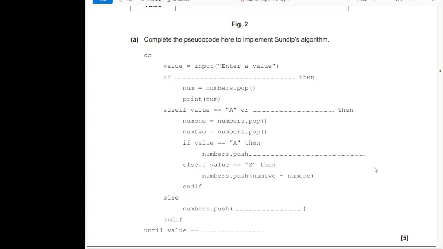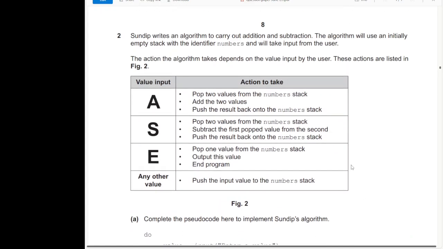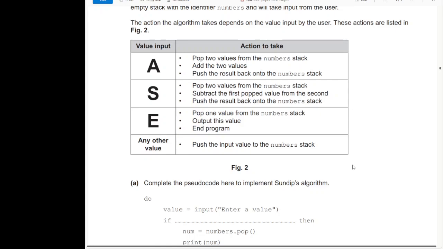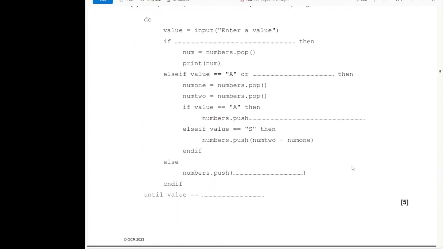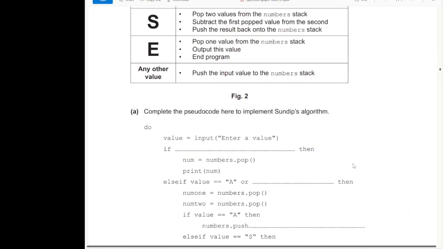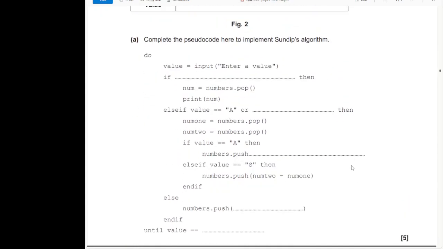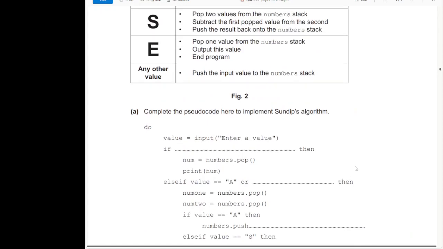Popping a number then printing. So it says ends the program, but I don't know what's going to go in there. Okay, right, so I'm going to move on, not going to kill myself over it. Right, then we've got an else if, and I'll try and work it out by process of elimination. Right, it says if value equals A, that's the add thing, or